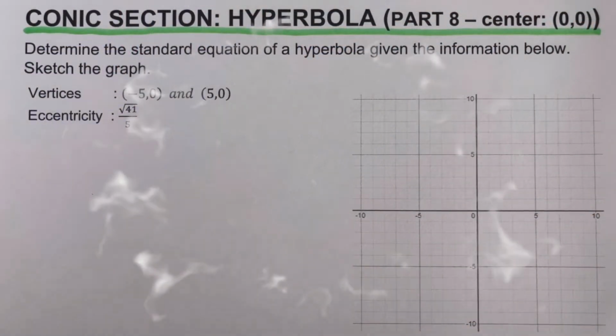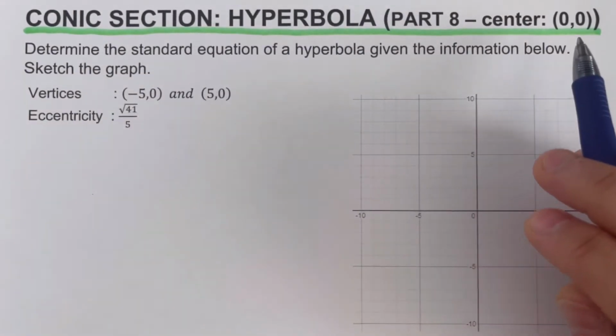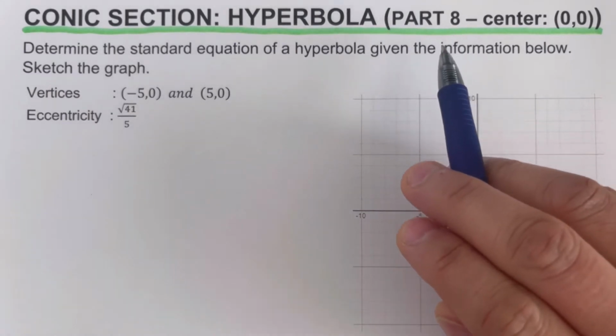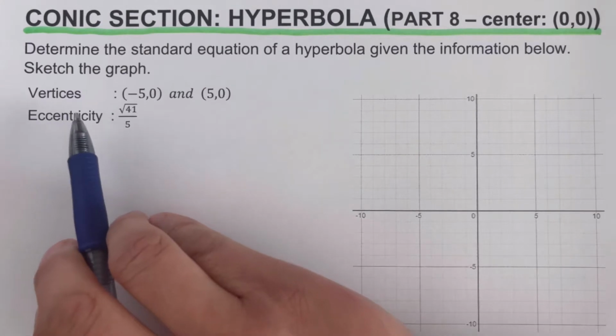Hello everyone. This video will focus on conic sections, specifically on hyperbola with center at 0, 0 or at the point of origin. And this is the 8th part. In this part, we're supposed to determine the standard equation of the hyperbola given the coordinates of the two